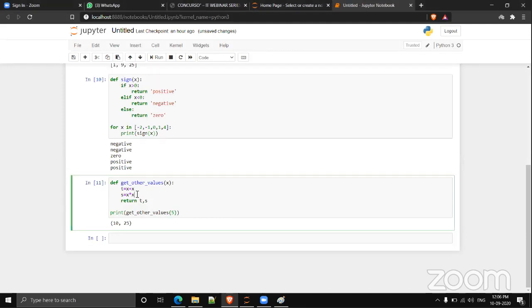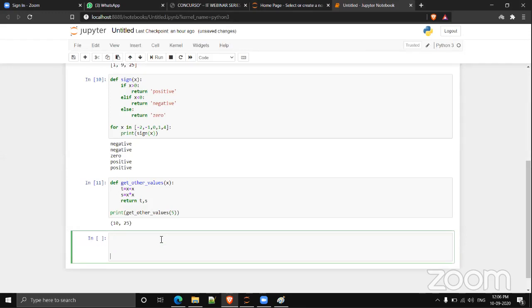Okay, sir. Yeah. And the concept of default arguments is also there. If you're not specifying some values, we can use defaults. I want to get the interest. def get_interest. So I have to give p, n and r.